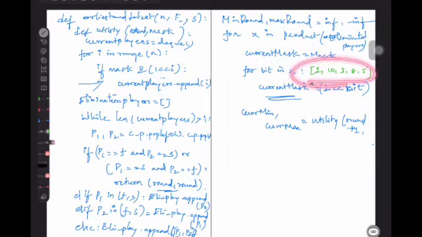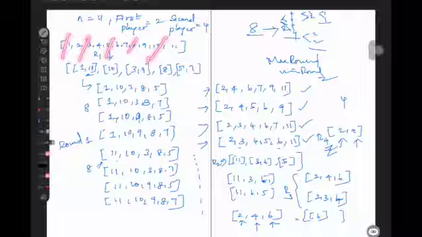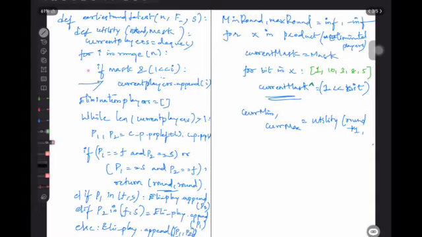So if all these bits got 0, then obviously these would have been eliminated, right? 1 10 3 1 3 1 3 8 5 10. All these bits would have been set to 0. Then whichever bits are set to 1, those values only will get appended to the current players for the next round, right? So yeah, like this we will be getting utility round plus 1, comma, your current mask you are passing.